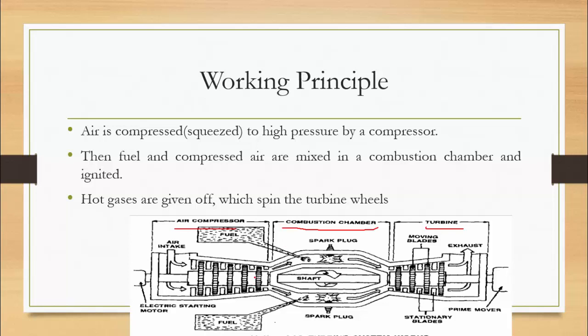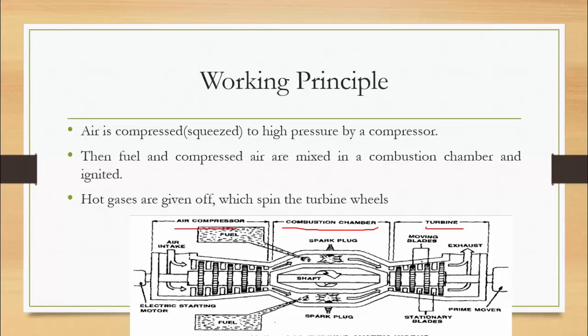In the combustion chamber, the high pressure air and the fuel are atomized into the chamber, and the fuel and the air get mixed together, right? This air fuel mixture will get burned when the spark plug gives a spark, that is a small amount of heat energy. Because of this combustion, a large amount of heat is produced in the combustion chamber. After the combustion takes place, the output is high pressure exhaust gas, at high pressure and temperature. That high pressure gas is sent into the turbine.